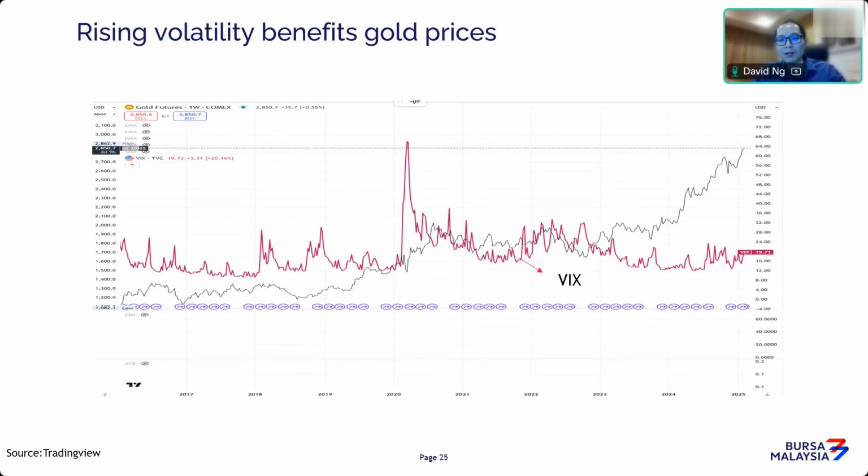Now, given that Trump is in, there's a lot of news flow, and again that will shock the market. If you look at where VIX is now, you can see that VIX is also inching higher, especially at the start of January when Trump just got inaugurated. So going forward, when you have a high VIX index telling you there's fear in the market, it's always benefiting gold prices. So we are now in a period where there's a lot of headwinds, whether it's geopolitics or economic headwinds. Ultimately, I think this confluence of factors is going to push gold prices even higher.